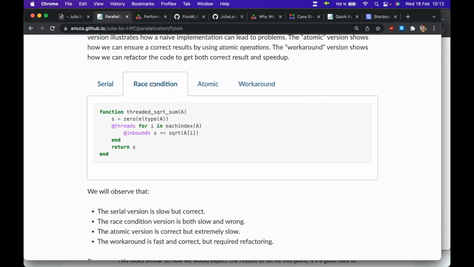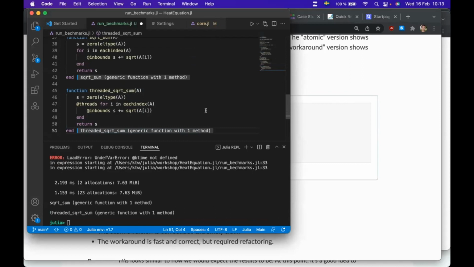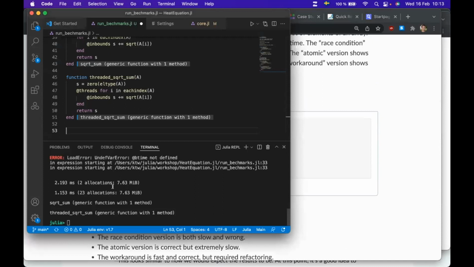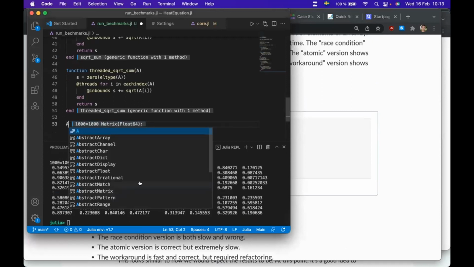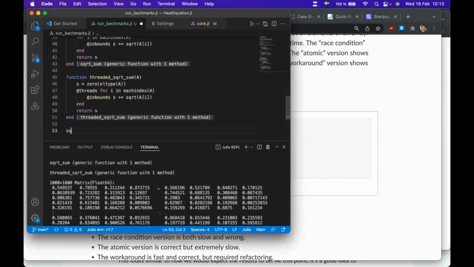And let's take this now, this naive implementation, if you will. You see the difference? I've just inserted the threads macro. I will evaluate that too. And then let's call it. Did I have an array? Yeah, I had a 1000 by 1000 matrix. I can do square root sum of A. It gives me